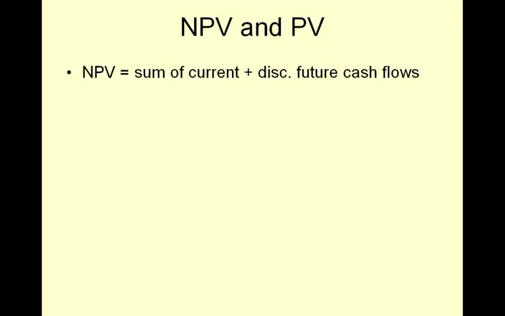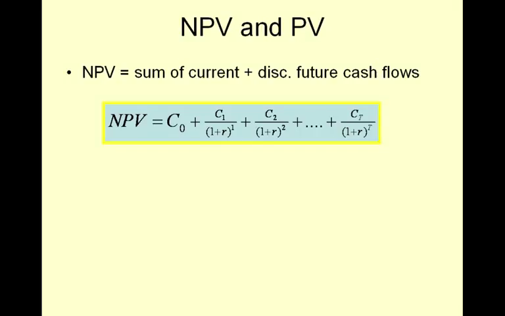Net present value is the sum of current and discounted future cash flows. NPV is an extension of present value to include the cash expended in year 0 that represents the initial investment in a new project or business line. Here's the NPV equation. Notice that we've added a term to the present value